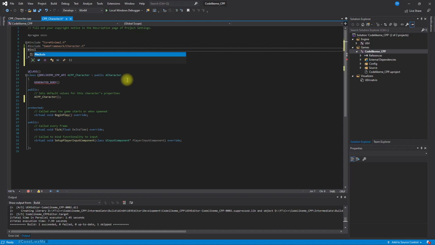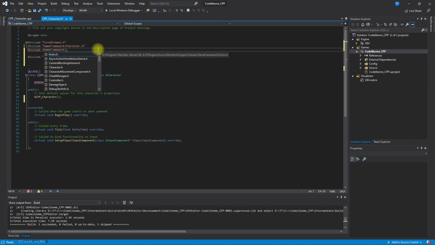Hash include game. So one more thing. I don't know why, but when I try to include within these marks, it doesn't show me the suggestions, but I can include with this mark, GameFramework, like this, and SpringArmComponent. Okay, now that we have included SpringArmComponent,